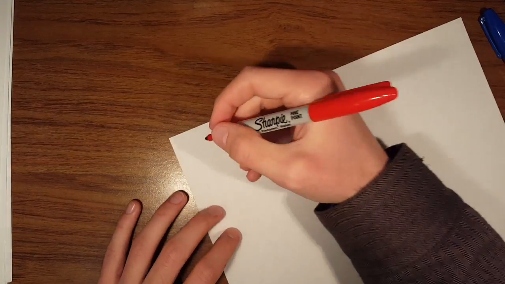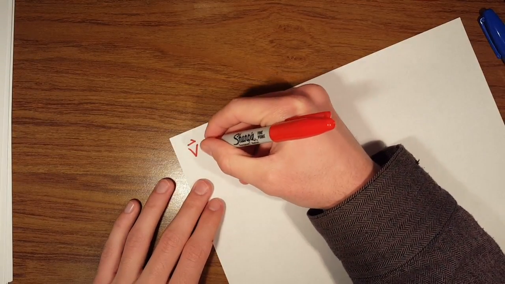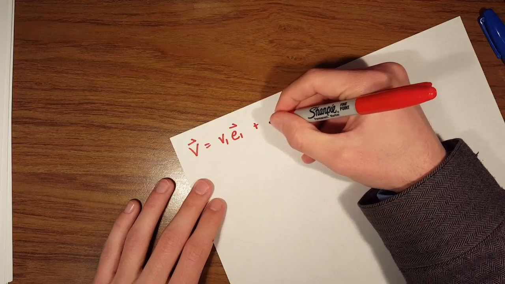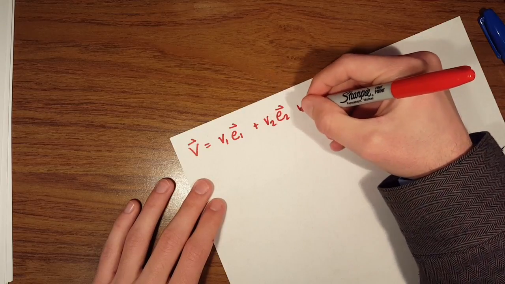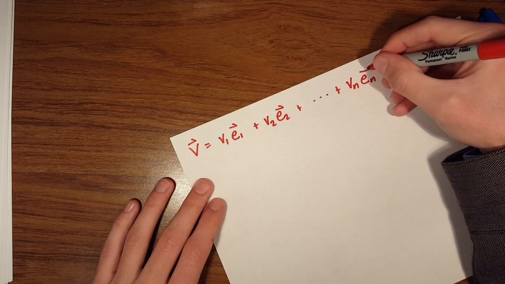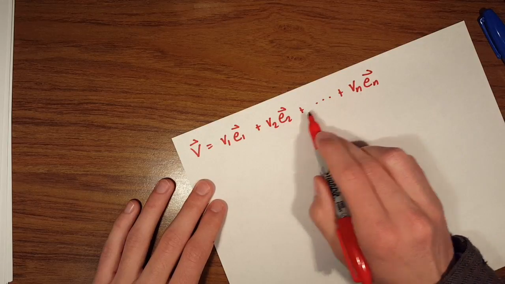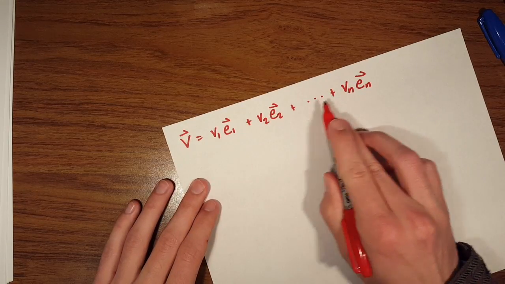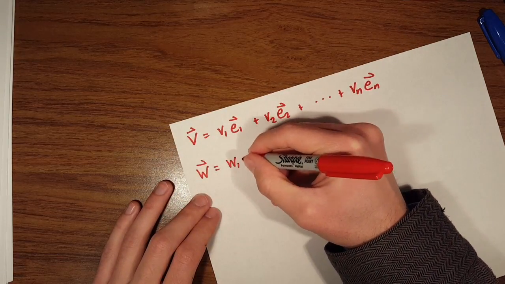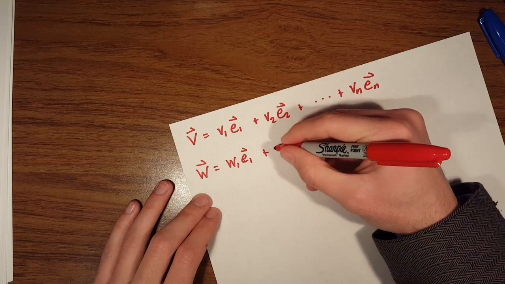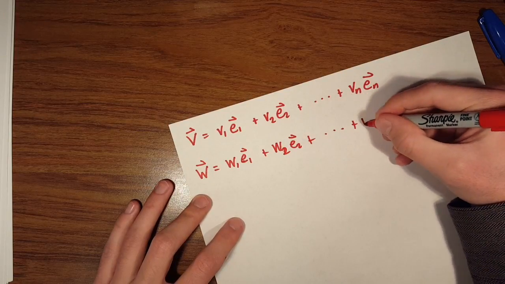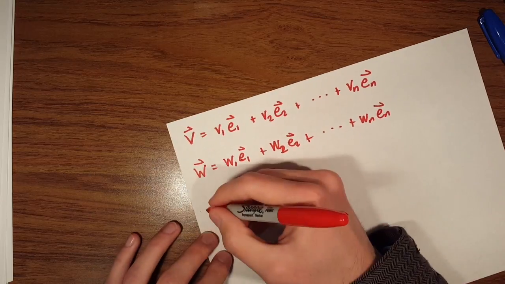So if I have two vectors, and I write them in components with respect to an orthonormal basis, and we're working in an n-dimensional vector space. So these are our basis vectors. They are orthonormal, and these are the numbers that represent the vector that are called components. And we have W here, W1 E1, and we're writing these vectors with respect to the same basis, so we use the same basis vectors, plus Wn En. And I want to compute V